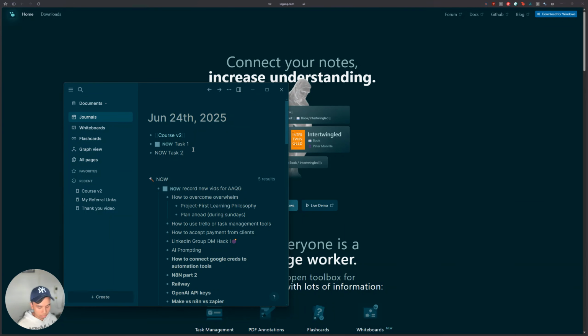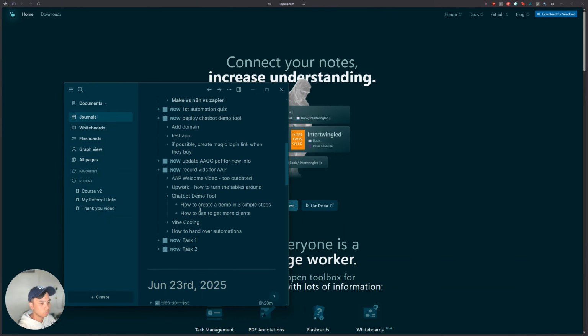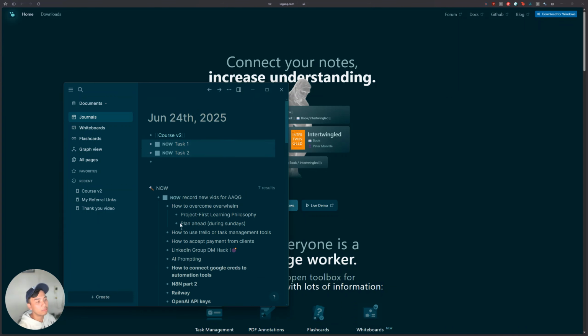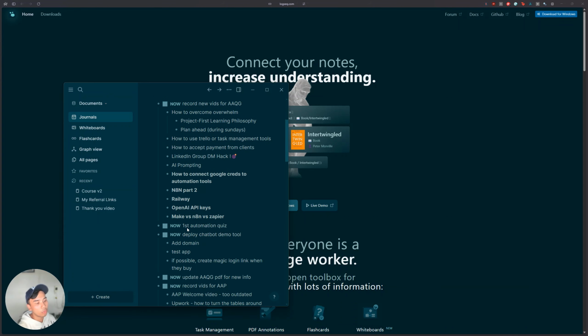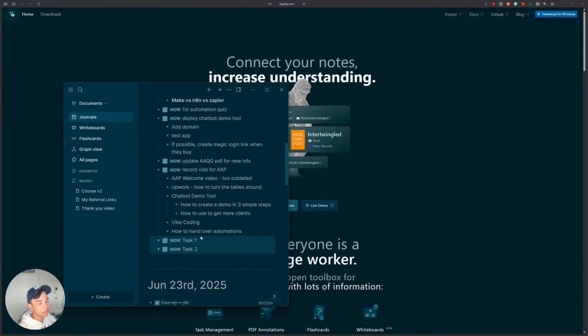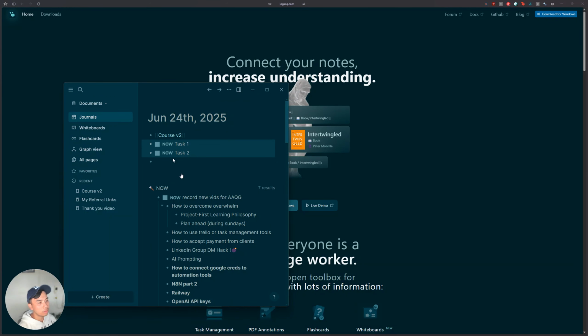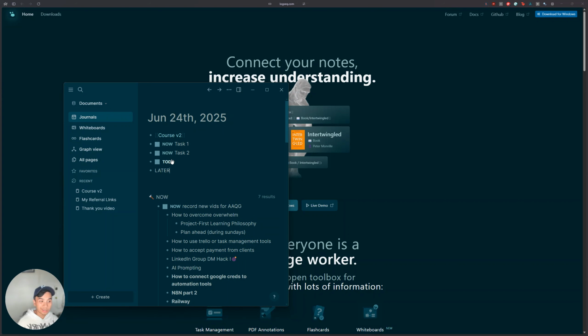I just can't find it. There we go. So all the tasks that are labeled as now will come up here. And then you can also take advantage of to do, or later, doing. I'm not sure actually, but I just like the simplicity of being able to create checklists per day and having this now option.